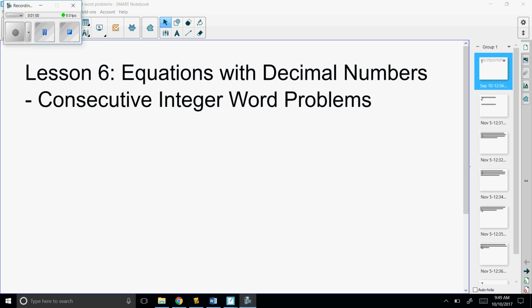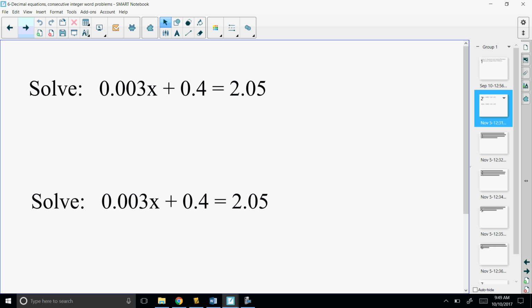Okay, so two things we want to focus on again: equations with decimal numbers and then consecutive integer problems. So if we look at the first thing, when we start working with equations with decimal numbers involved, eventually they're going to have us work with story problems that involve this. And as long as you can read decimal numbers, that helps. So if I asked you to read this first equation,